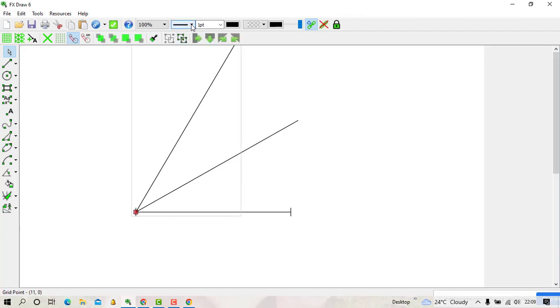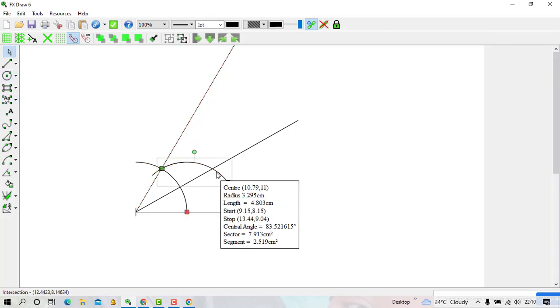I go to edit the line style, then I make it dotted. Then step number 1, I make arcs for 60. I make arcs for 60 when we were doing the first one, and stop there so that I draw the 60 arc like that, then I disable and delete the first arc.